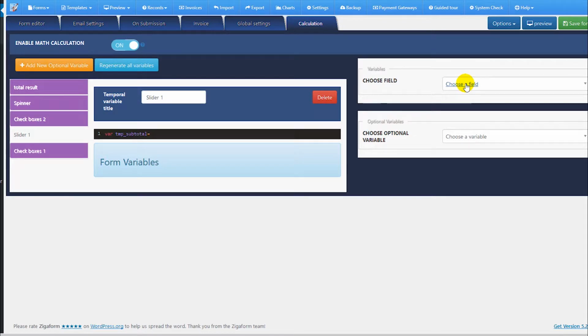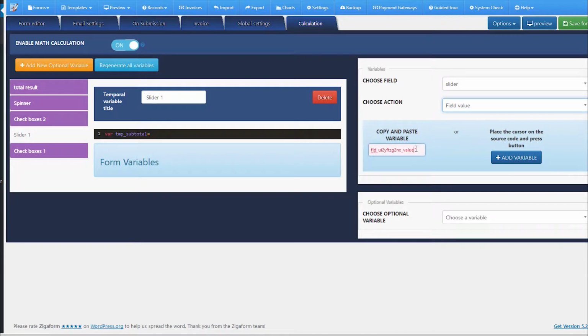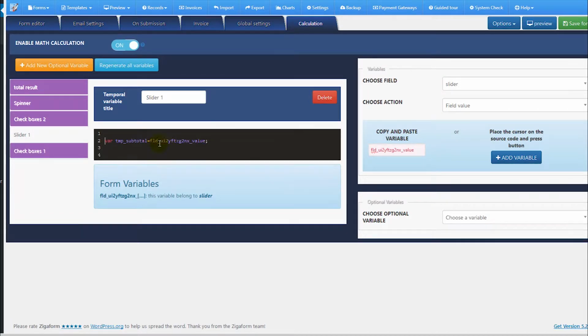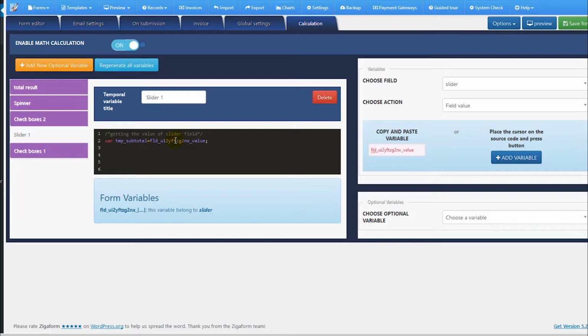Then we need to get the slider, the value. So here we have the value of the slider. Getting the value of slider field. Okay, and